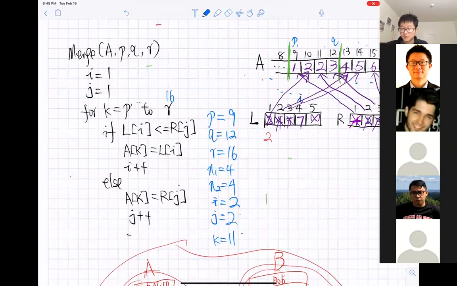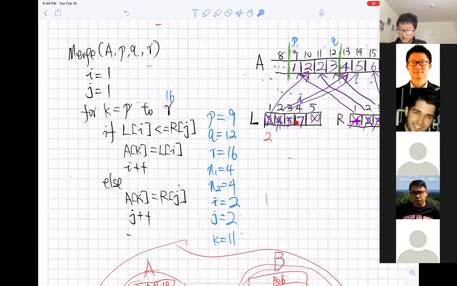Now is it clear why we append an infinity to the end of L and R? Yes, it is. Next we're going to compare Li with Rj, and actually all the original values from the right array have been used up. We used up 1, 2, 3, 6.